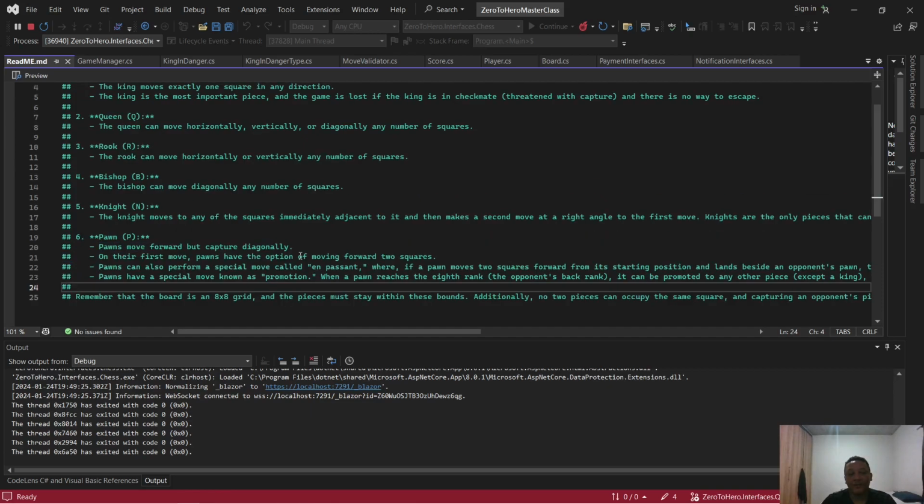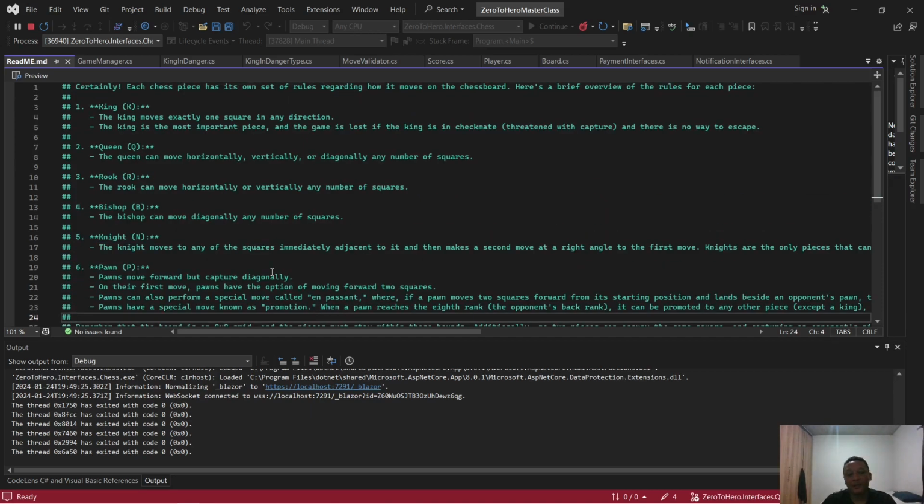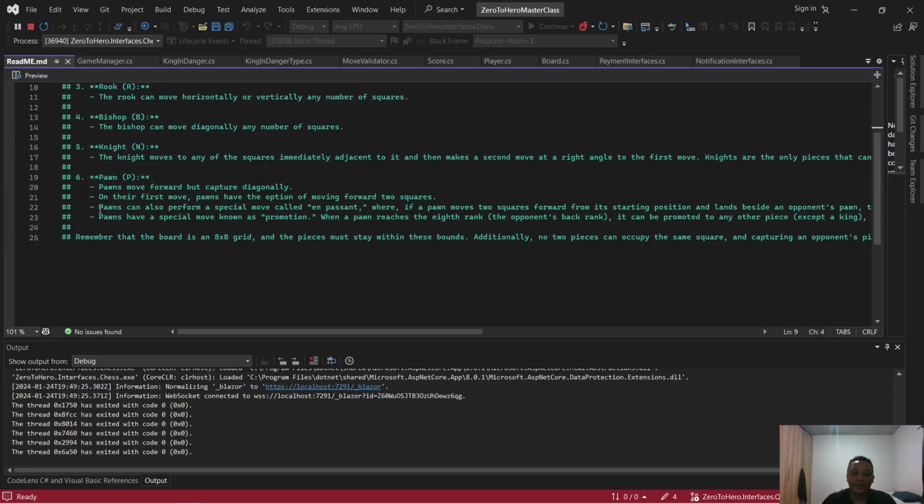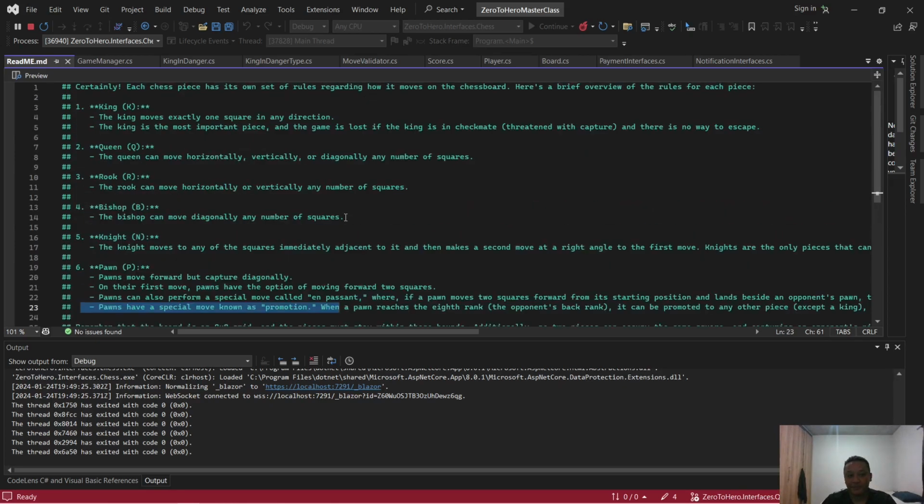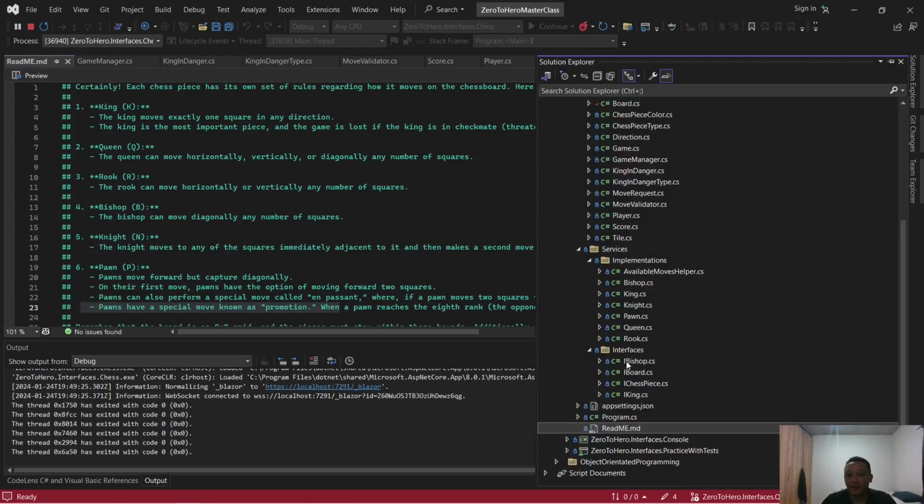Promotions. So many of the functionality we'll implement in an incremental manner. Many of the stuff has already been implemented. We'll at the moment look at the queen, and in the next module we'll have a look at some of the other functionalities like the en passant and the promotion. Okay, so yeah, we'll just briefly go over